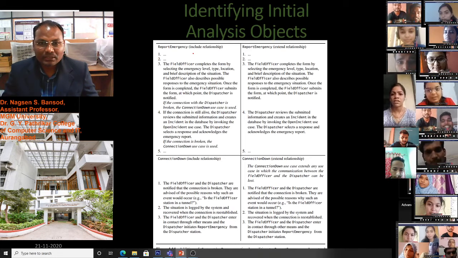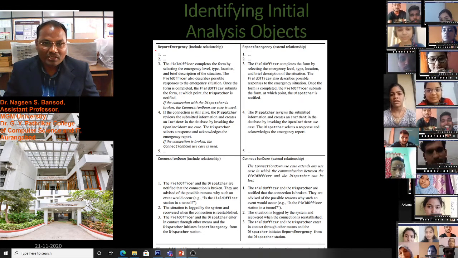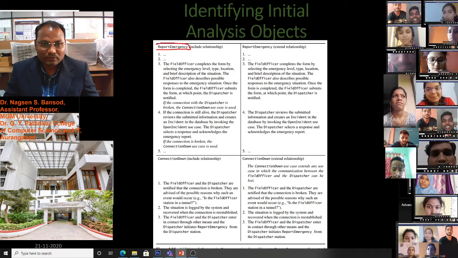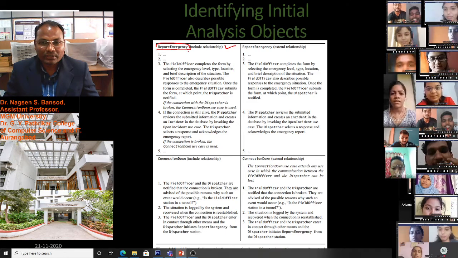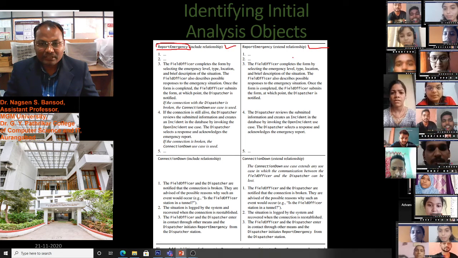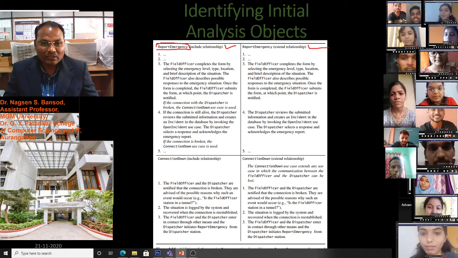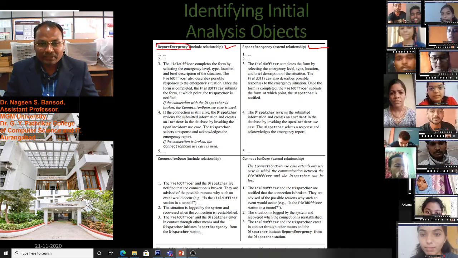You see here identifying initial analysis object. First, report emergency, include relationship. This is the include relationship, we know. Report emergency, extend relationship. In include relationship, the field officer completes the form by selecting the emergency level,